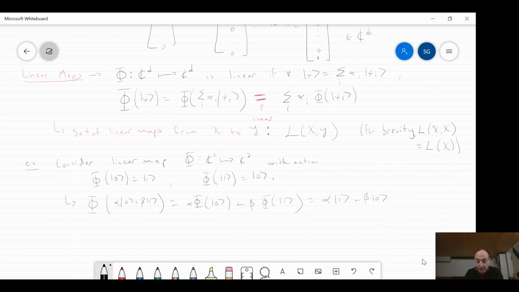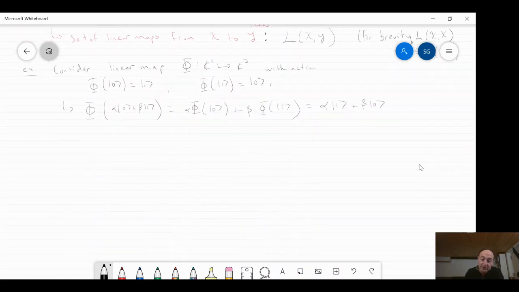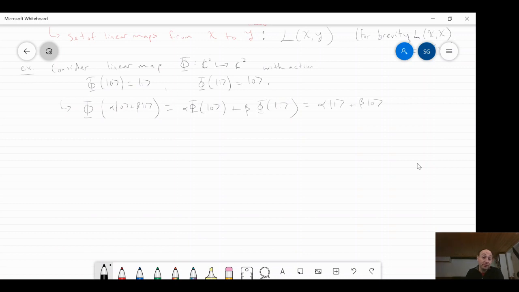Okay? Now, why is that important? Well, that's important because it allows us to write the map in terms of a matrix. This is just a map right now. The most general definition of a map is that you tell me the input-output behavior: on input this, you get output this. That's one way to do it, like via a lookup table. But there are different ways you could represent these maps, and the most natural representation, which you've certainly seen before, is via a matrix.